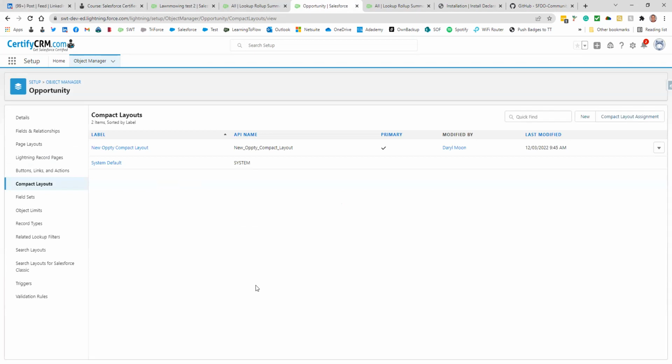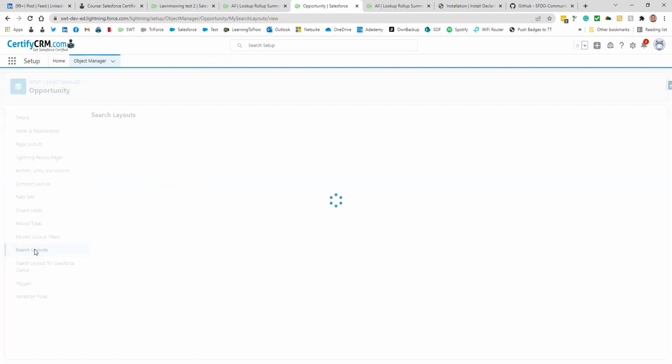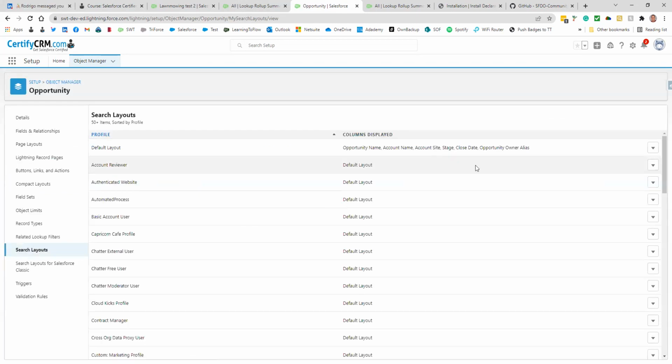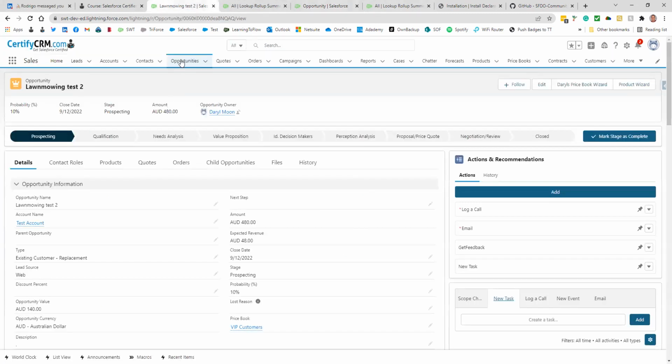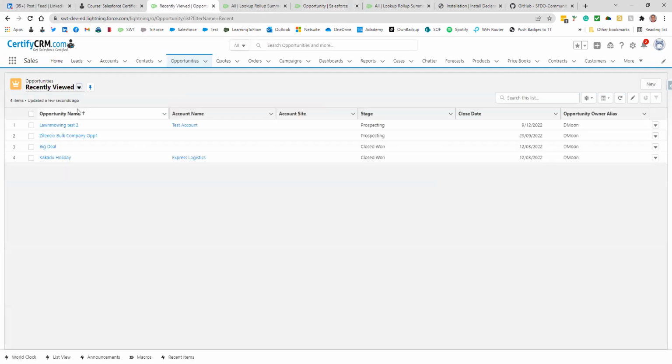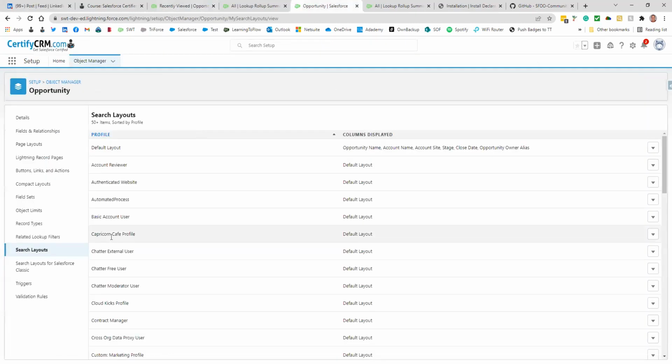Okay, and while we're here, we may also want to add it to our search layouts, and I'll show you what this means. When you're looking at a list view for opportunities, for example, and you look at the recently viewed, how do you edit these columns here? Well, you can't do it here, can you? This is where you do it. In the search layout, the default layout. So if we edit that,